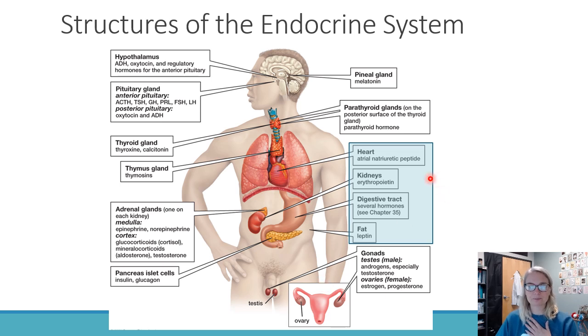These other ones that are listed, heart, kidneys, digestive tract, and fat, I put a box around them just because I wanted you to see and separate them. These are organs that are primarily known to be found in other body systems, right? So the heart is part of the cardiovascular system, the kidneys are part of the urinary system, your stomach and small intestines are part of the digestive system. Your fat can be also part of the digestive system. We talked about that. So we can have organs that are found in other systems, but they can have endocrine functions. These other ones, for the most part, they're all endocrine.